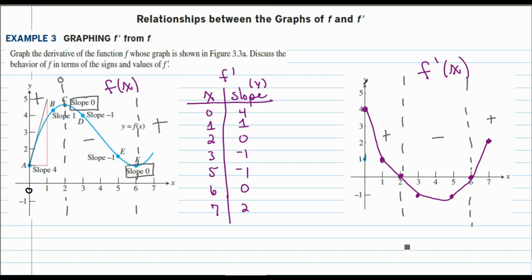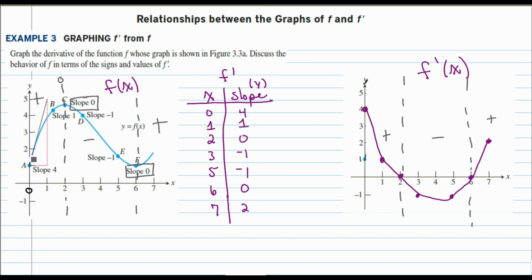Do you see a pattern of what's happening? When our slopes are positive, what is the graph of f doing? When our slopes, or derivative, is negative, what is the graph doing? And when the slope is positive again, what is the graph doing? Well, if I look,